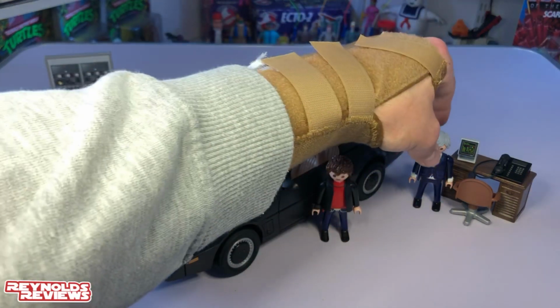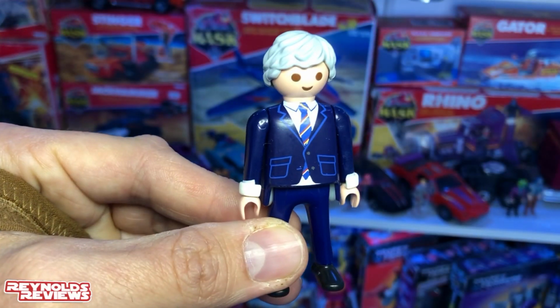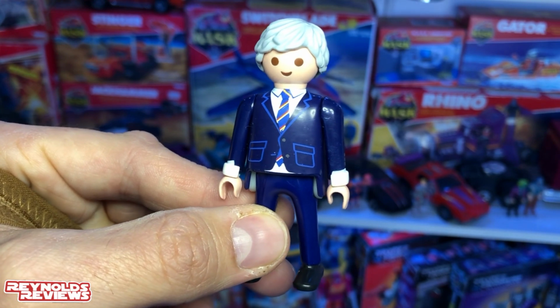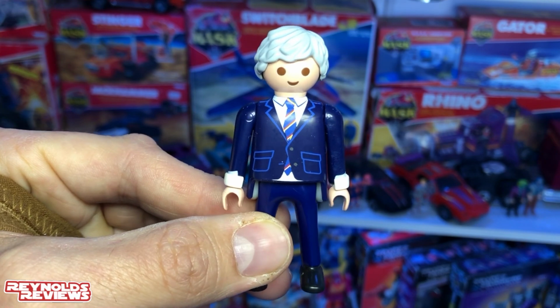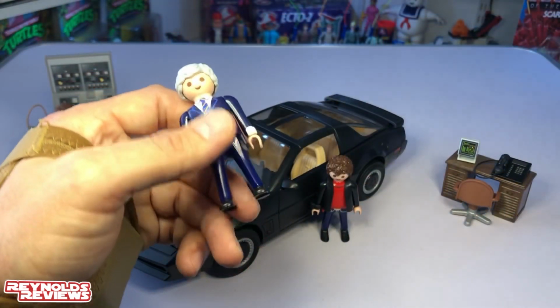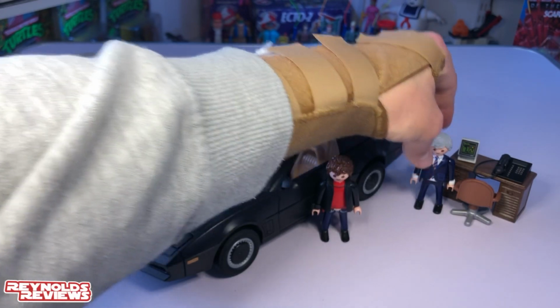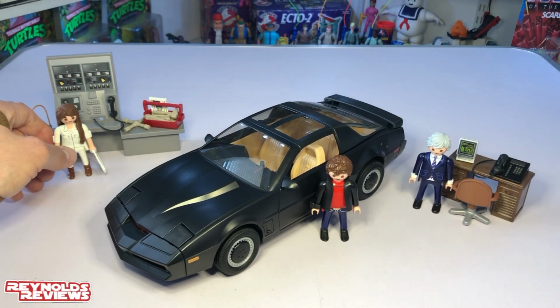But, as you can see, we've got Devon Miles in his suit. Now, Devon, if I remember rightly, was the mastermind behind the whole project. He helped create KITT, and he oversees things. He oversees the missions and oversees the projects. And I don't believe, if I remember rightly, Michael and Devon always got along, but obviously a really cool figure. And then we've got Bonnie Barstow,